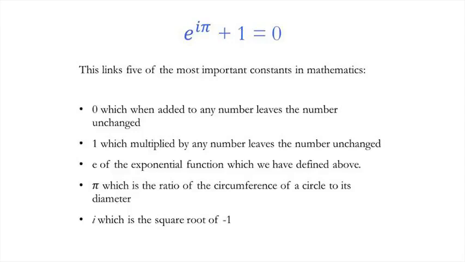We've got 0, the identity for addition, which when added to any number leaves the number unchanged. We've got 1, the identity for multiplication, which multiplied by any number leaves the number unchanged. E, I've been telling you about, the exponential function defined above. Pi is the ratio of the circumference of a circle to its diameter, and i, which is the square root of -1. And I want to say a little bit about the square root of -1 and hopefully remove the magic from it,